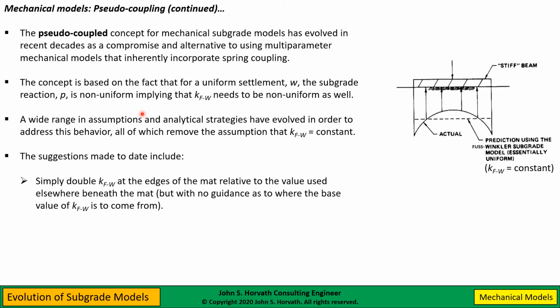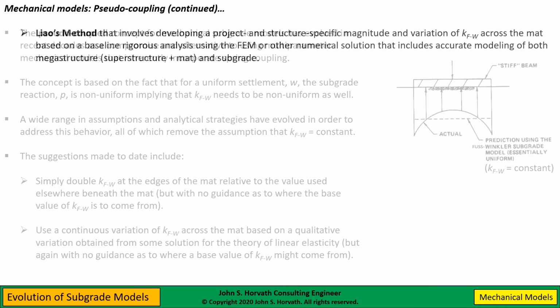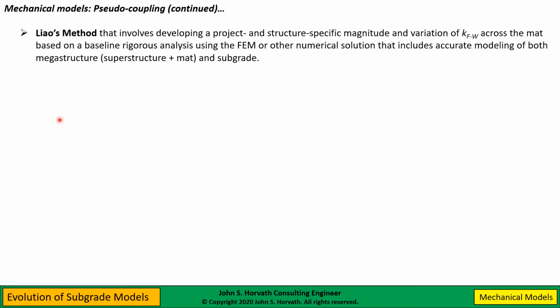The simplest one simply said, well, double the K value at the edges of the mat. I'm not even going to comment on the logic of doing that. Some people have tried to approximate this curve relationship using a theory of elasticity solution. What I call Lau's method